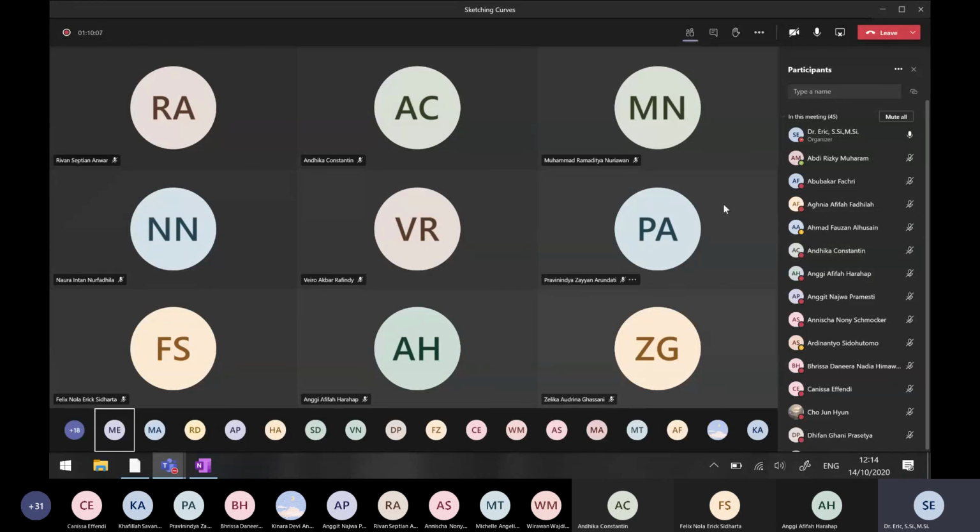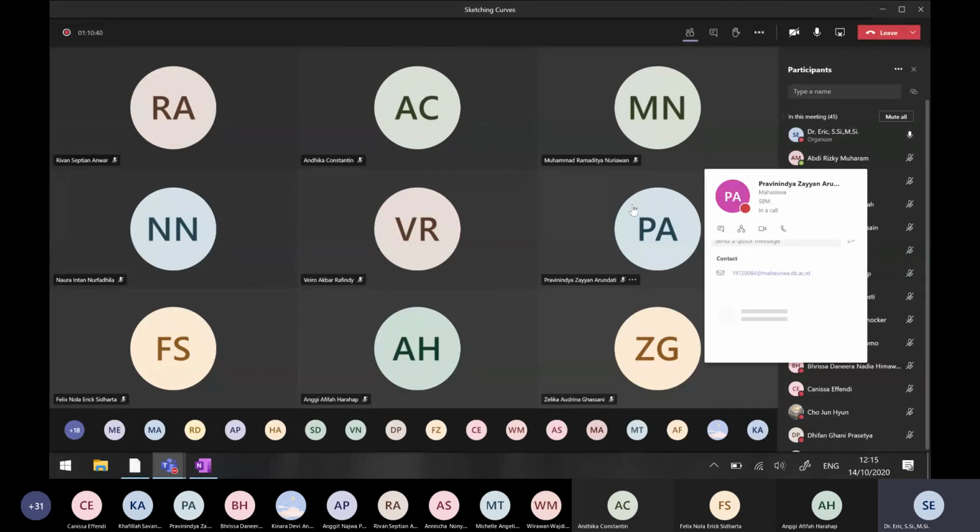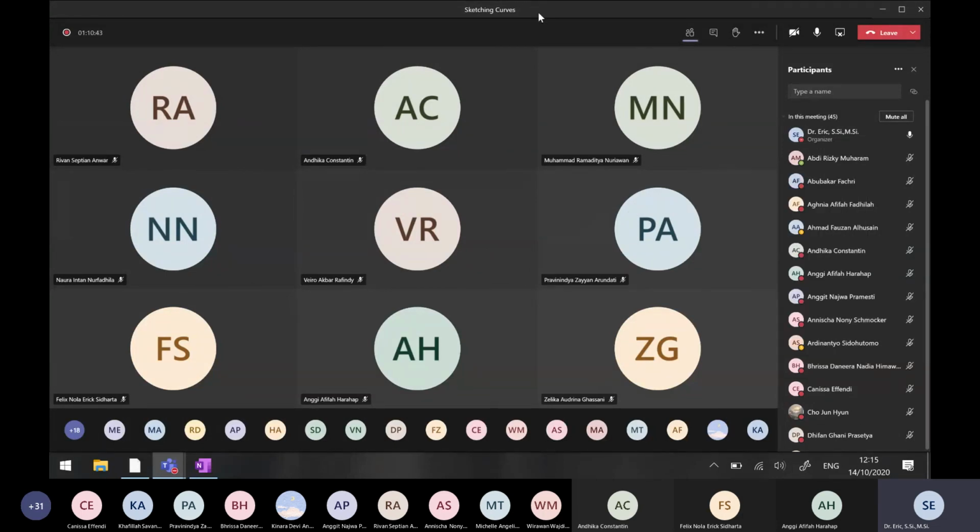Don't forget to fill the attendance list. I think it is open at 12:15 or 12:30. So you have two assignments today. There will be a quiz from me, which you can do from 12:30 until 1:30. And second, you have to do the group discussion, for which you have time until 23:59, until 11:59 p.m. today. Any questions? And don't forget, in 2 or 3 weeks, we will have our midterm exam.